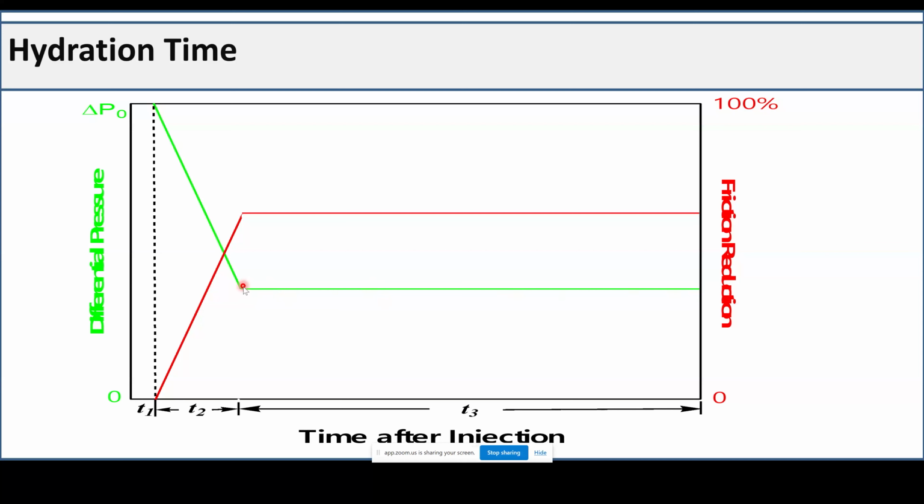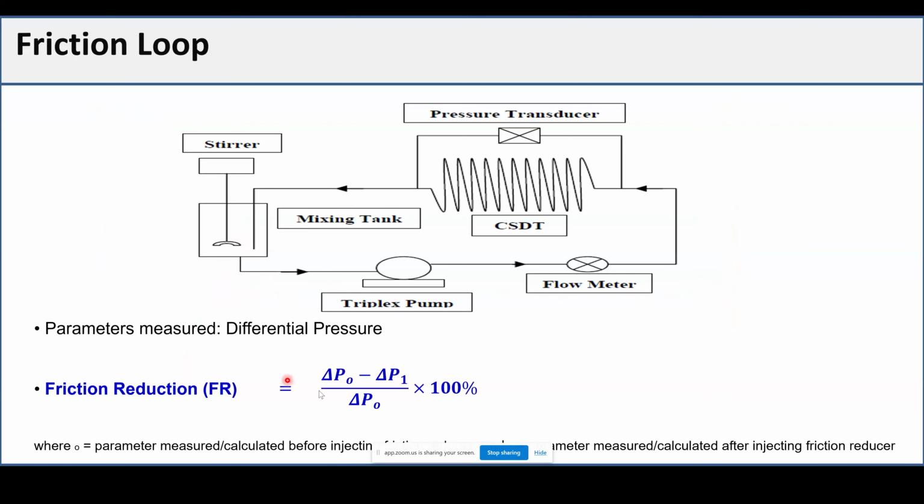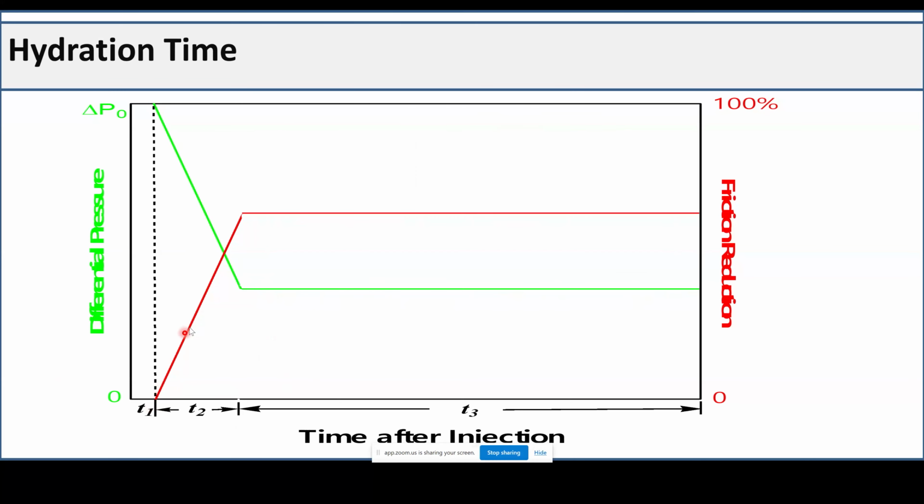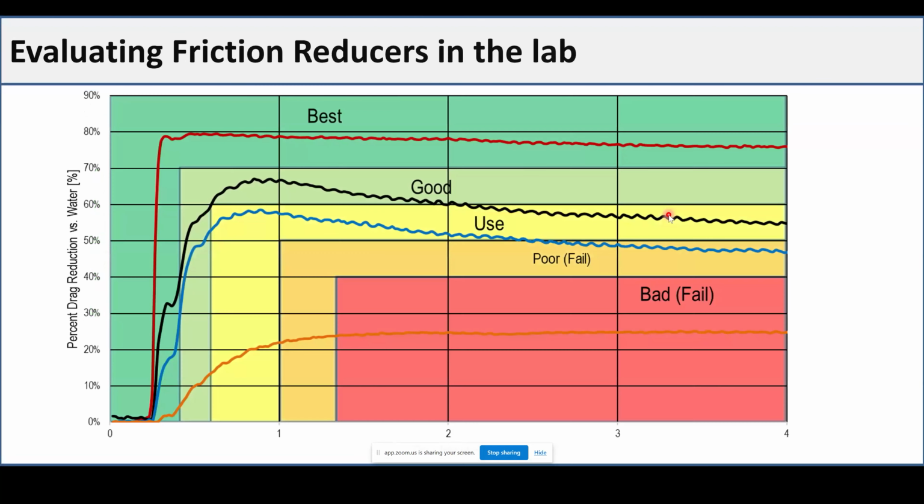Then actually we usually do not give this green line. What we do, we use this formulation, and that's what we're showing with the red curve. That's what we have called the friction reduction percentage, going from 0 to T1, usually 0. Then it goes to the maximum value of friction reduction at the minimum pressure, and stays flat. So that is actually the result that we're sharing. And then we have some sort of diagram to tell us what will be the best friction reducer,